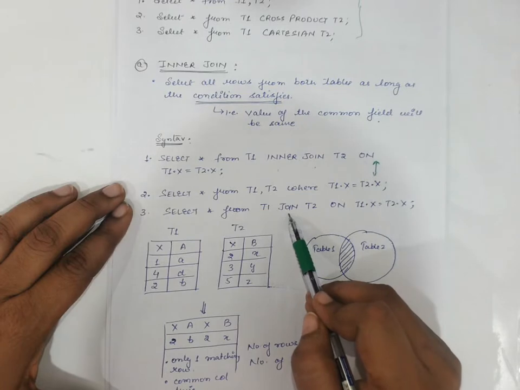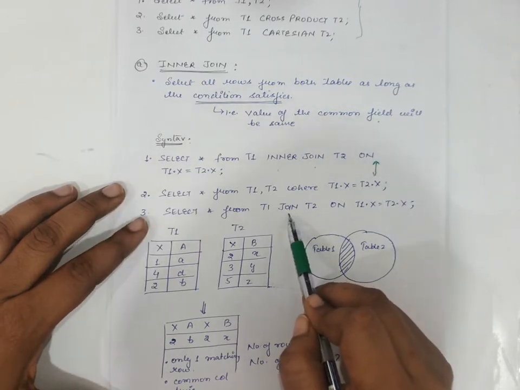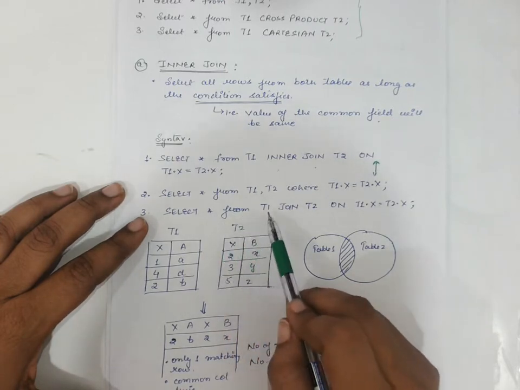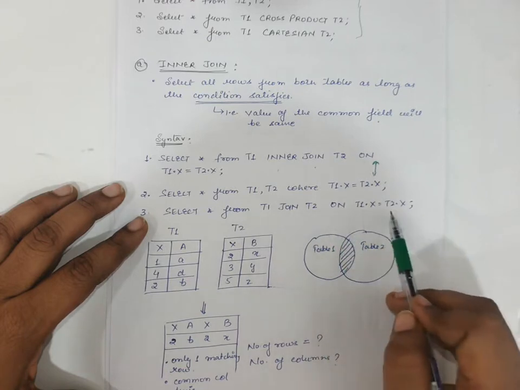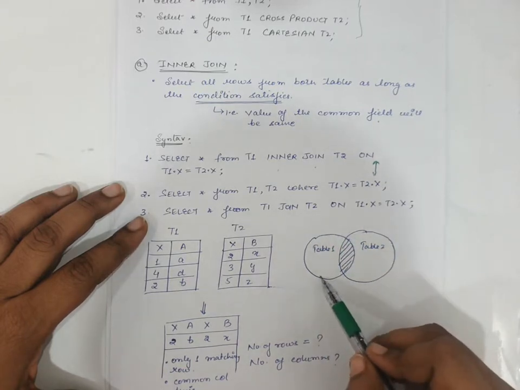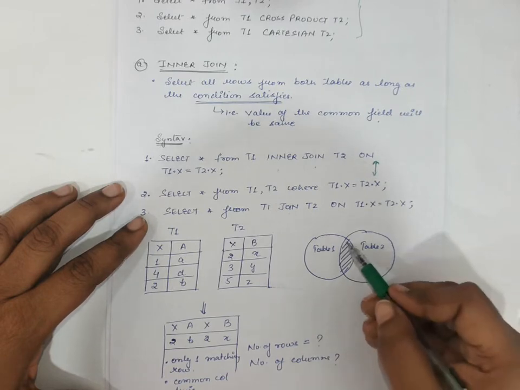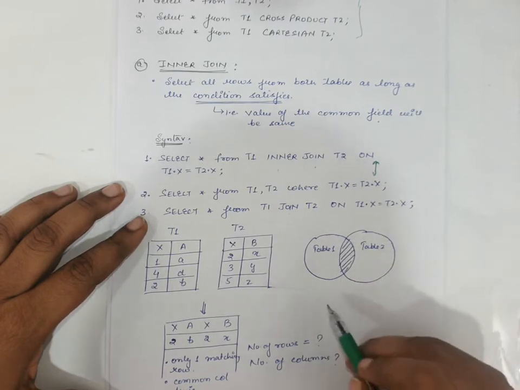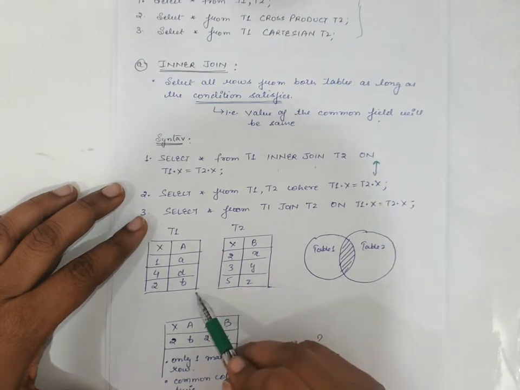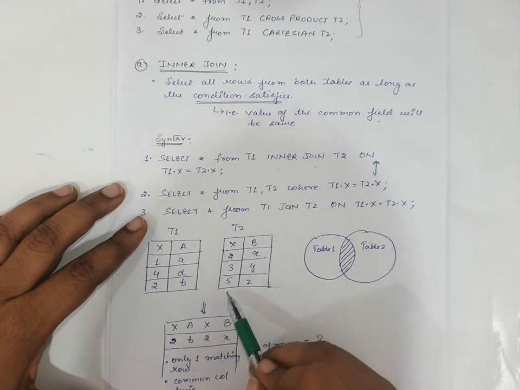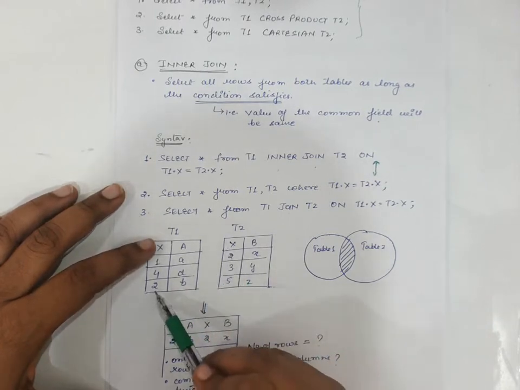Sometimes JOIN is also used in place of INNER JOIN, so it is not different, it is more or less the same. Select star from table 1 join table 2 on matching column condition, where join represents the inner join. So if it is a set of table 1 and a set of table 2, then the result of inner join is the intersection, the common tuples from both tables. If you simply visualize these two tables, you can easily interpret which tuple is common in both tables. The common attribute is X, so obviously only 2.